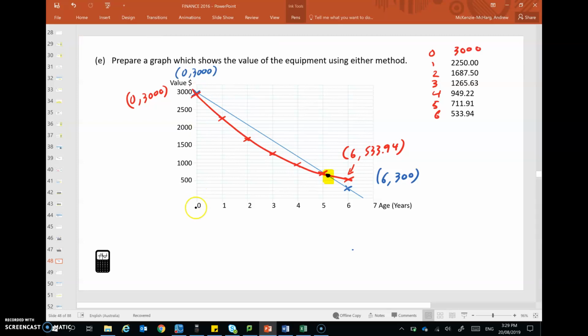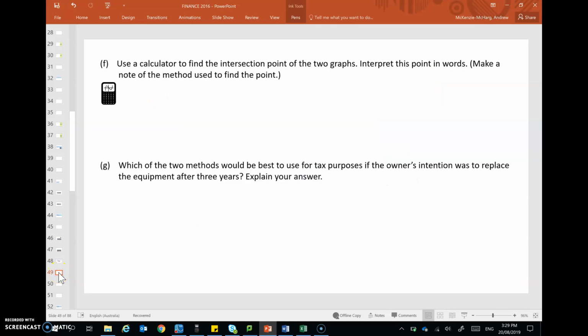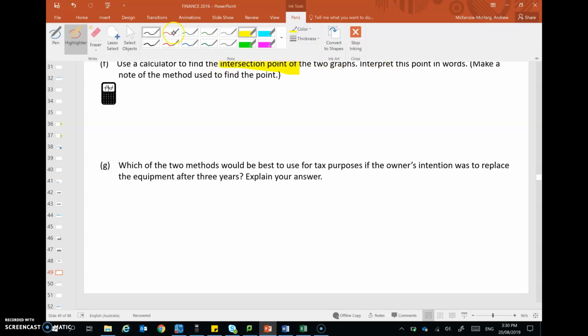But that's not really the one we're interested in. It's this one here at 5.15. Okay. So the calculator found that for us. It wants the intersection point. That's important. Intersection point. So we know that it's x is